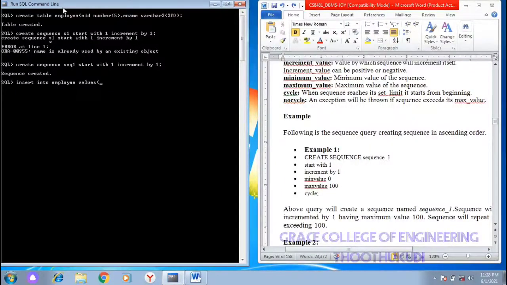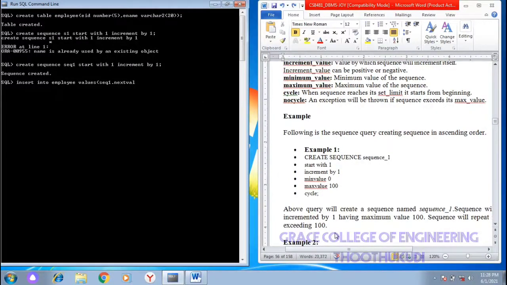After that, I use the sequence in the first column, that means the employee ID column. So write the sequence name, then dot, that means put a dot here, then use the command nextval. Then the second column is as usual.